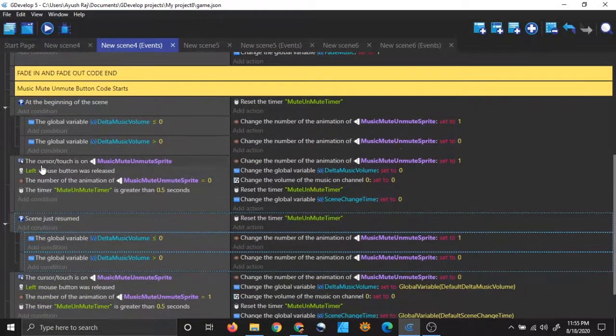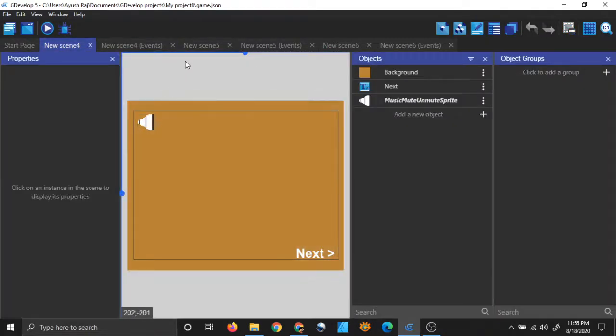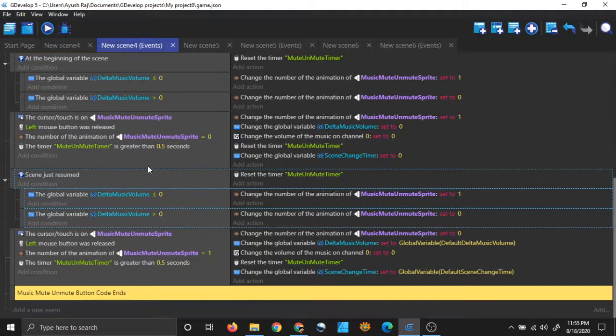And next I'm checking for touch or click. And if the number of animation of music mute unmute sprite is 0, that is if I am at 0 animation, which is another way to check if my delta music volume is less than or equal to 0 or greater than 0. That's another way to check that. So yeah, if it is 0, right now it's unmuted.